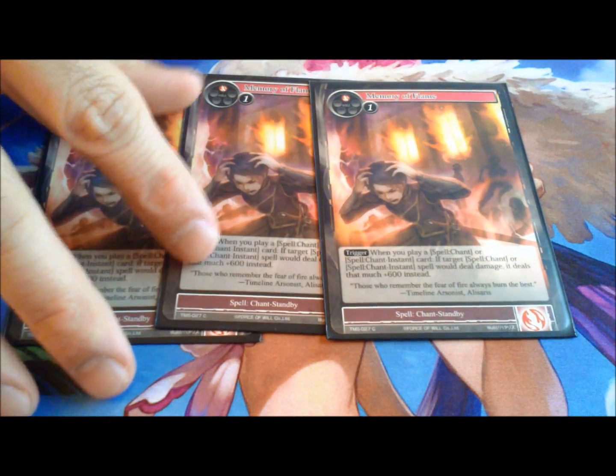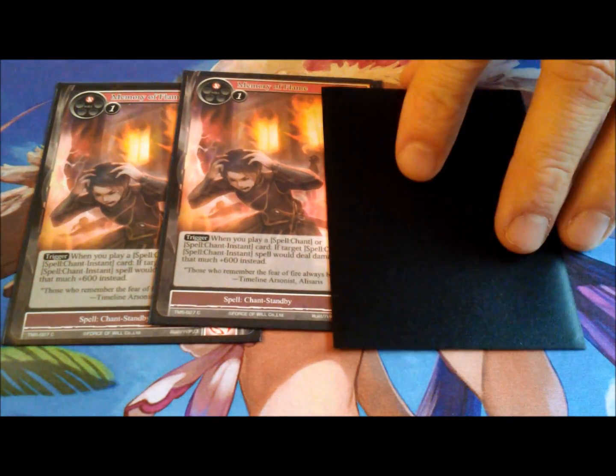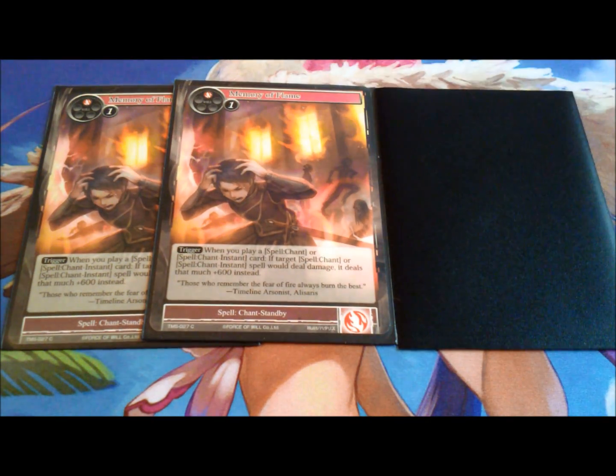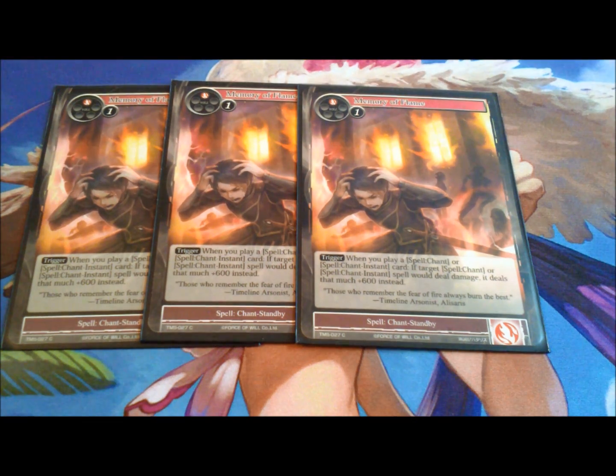3 copies of Memory of Flame. This is if we want to be a little more aggressive with our burn. It's another standby, a chant standby. So again, we pay the 2, and we put this in our chant standby area, and we wait for the trigger. The trigger says that whenever you play a chant or a chant instant card, if that target spell would deal damage, it deals that much plus 600 instead, which is really good because cards like Blood Boil and